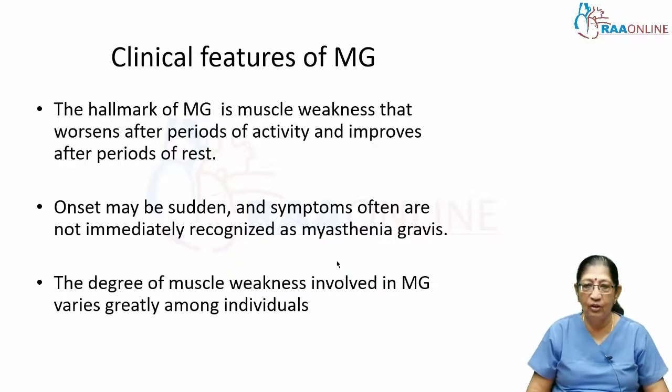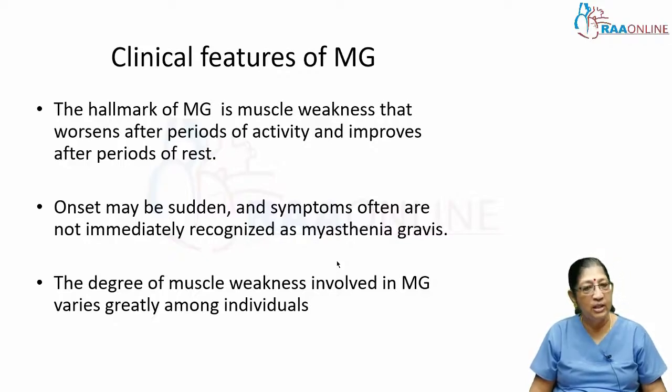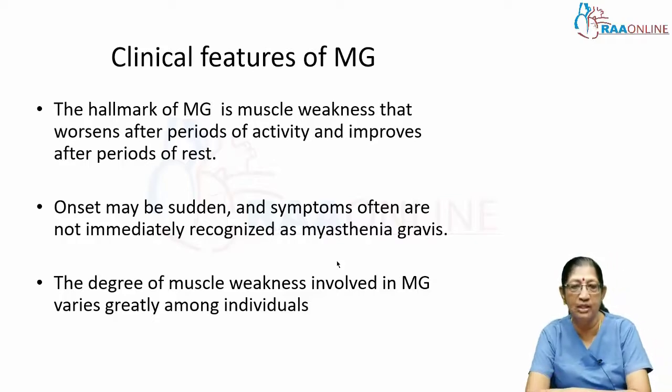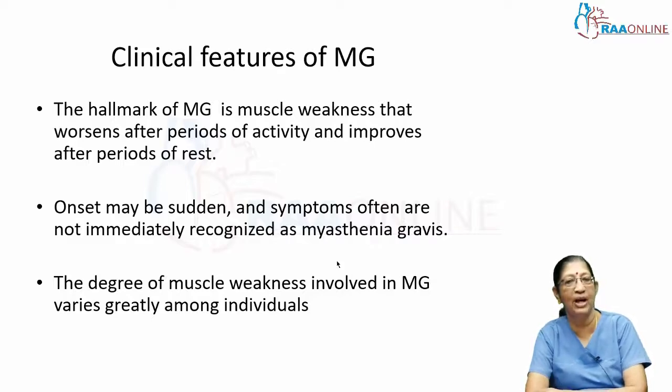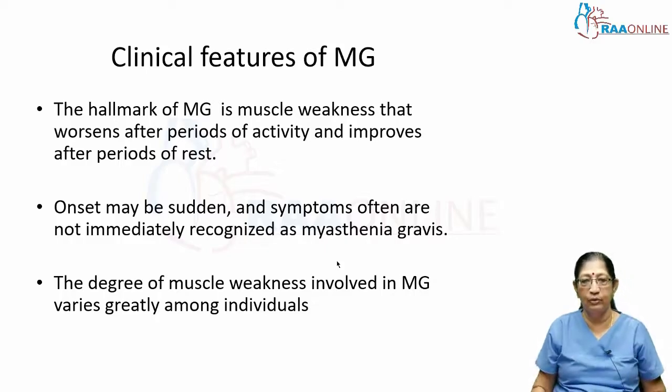So, what is the clinical feature of myasthenia gravis? The hallmark is the fluctuating weakness. The weakness worsens over a period of time, and there are some specific muscle groups which are generally involved, usually the ocular, which can manifest as ptosis or eye movement abnormalities, and every time it is different. Nowadays, because the cell phone is available, patients can take a video of their features like the ptosis, whether it's partial or fluctuating, how they look in the morning as soon as they get up, and what happens around 12 o'clock when they go out in the sun. All these can now be documented very easily because of the availability of video in small devices like cell phones.